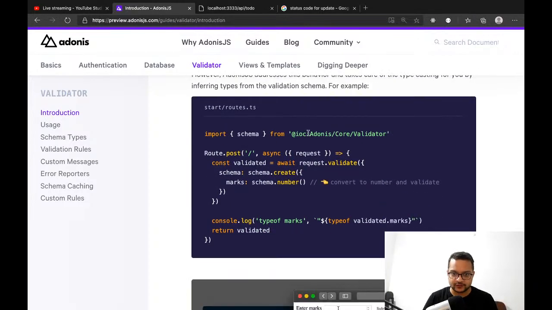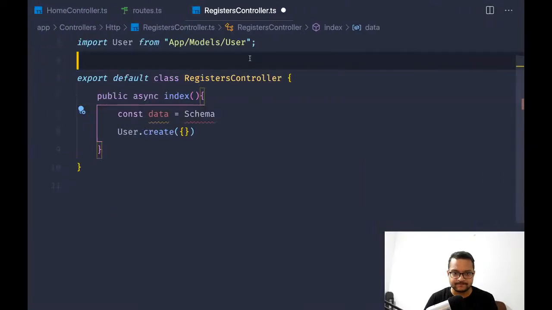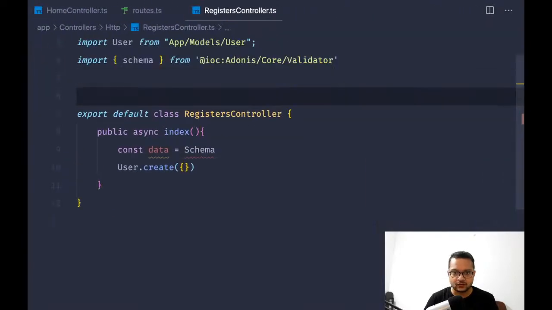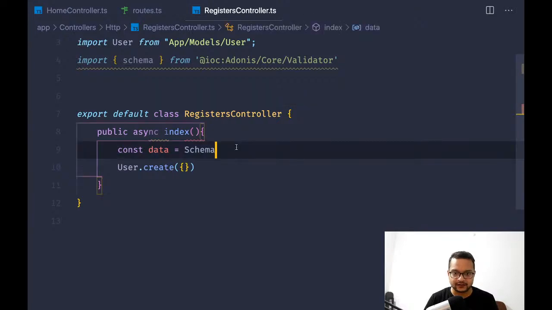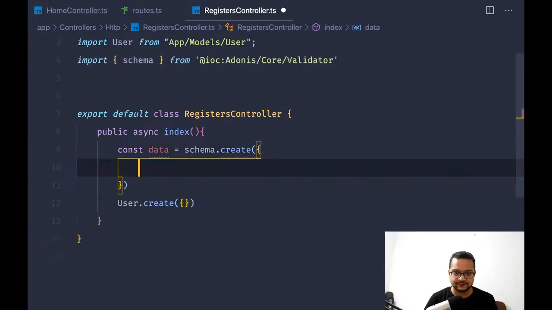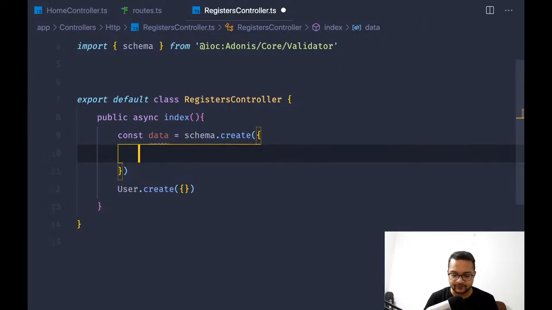Yeah, this one. So core validator is there, and with a small s, schema dot create,